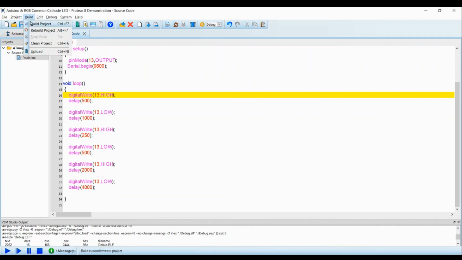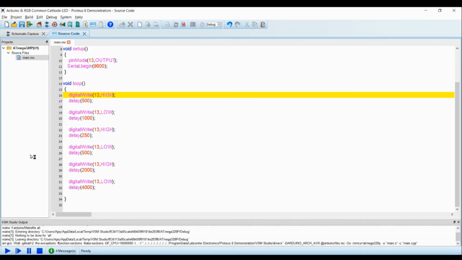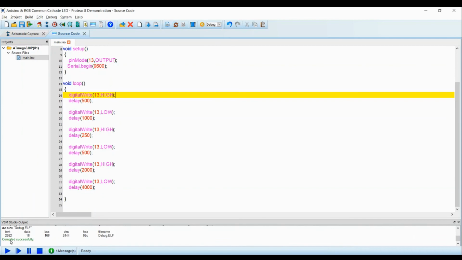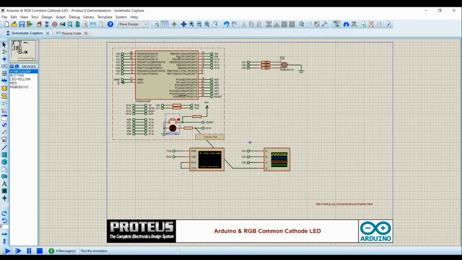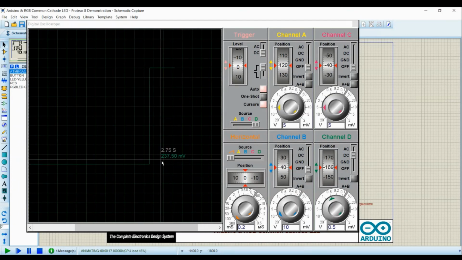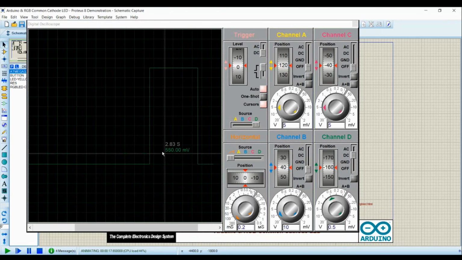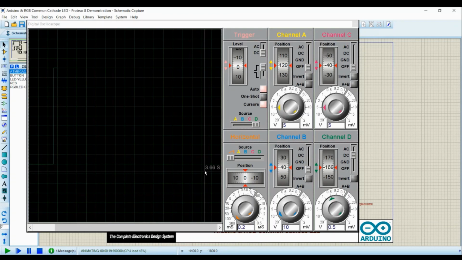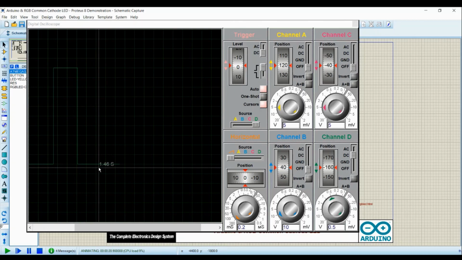Let's now build this project. As you can see, the code is compiled successfully. Let's now simulate it. This is the T on of 0.5 second, then a T off of 1 second, then a T on of 0.25 second, and a T off of 0.5 second, then a T on of 2